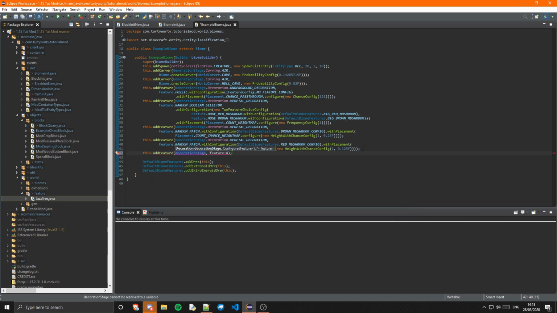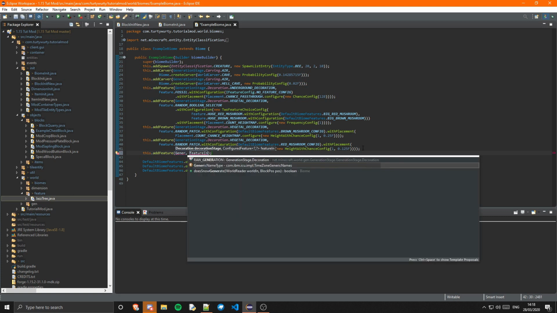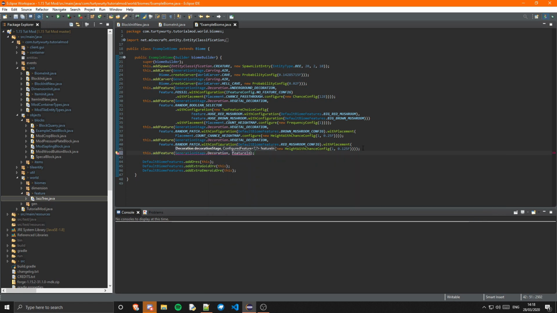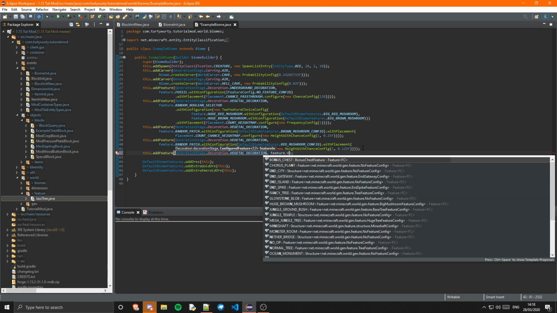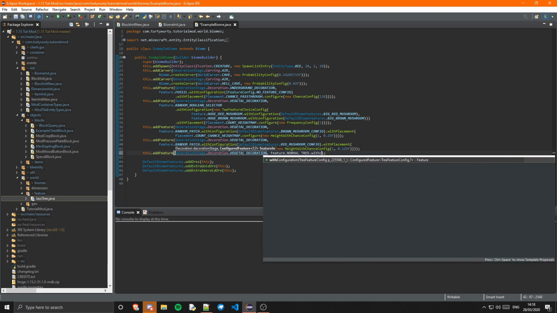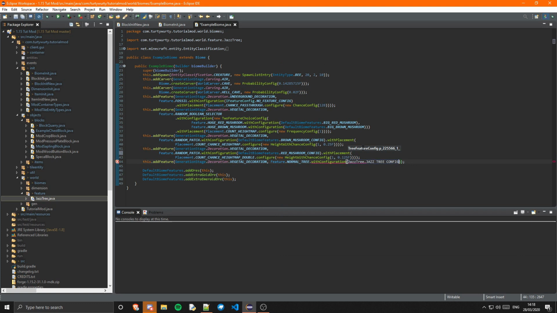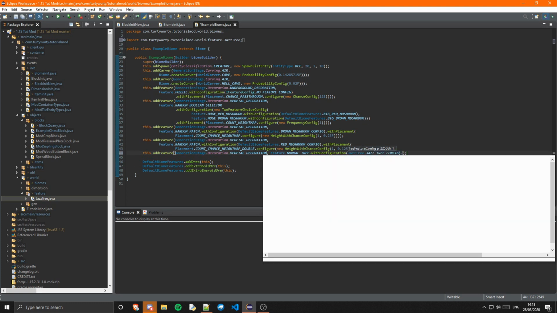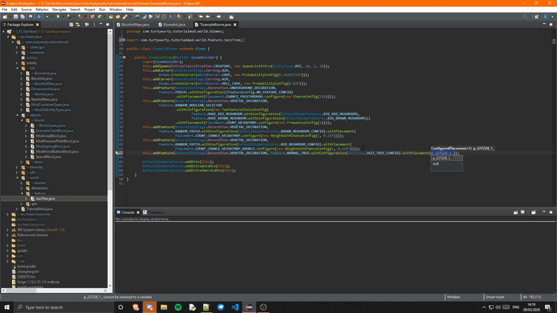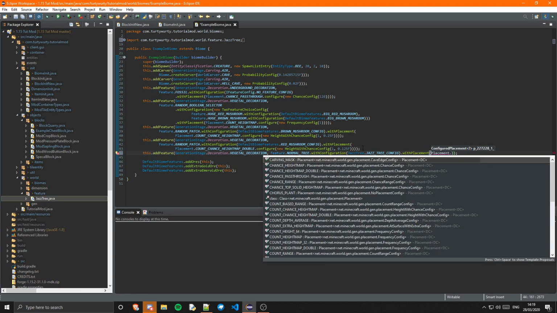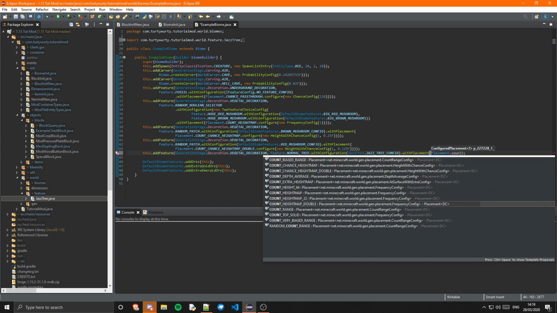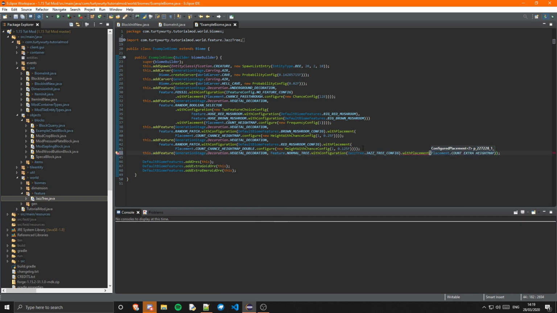First you need to do the generation stage, so GenerationStage.Decoration, and it's just VEGETAL_DECORATION, and then it's just Feature.NORMAL_TREE.withConfiguration, JazzTree.JAZZ_TREE_CONFIG, and then .withPlacement, and the placement you want is Placement.COUNT_EXTRA_HEIGHTMAP, and then you can configure it